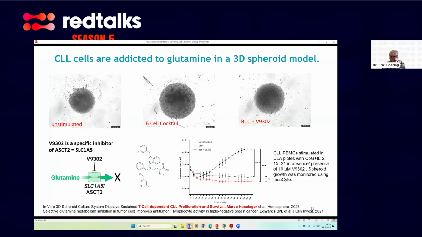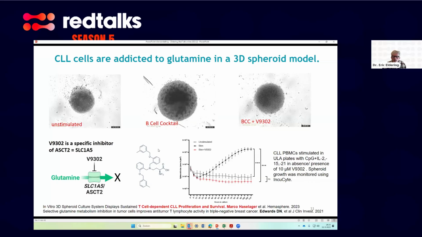When we culture these cells in what are called ultra-low attachment plates, or ULA plates, and we give them a cocktail of CpG, which is a TLR9 ligand, and cytokine cocktail, IL-2, 15, and 21, you can see that the cells start growing and they form follicular sort of